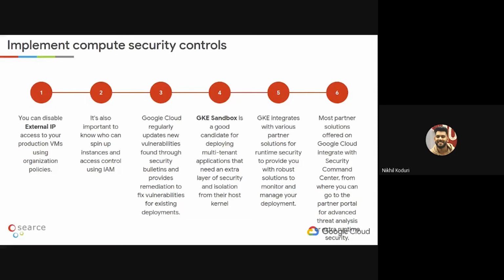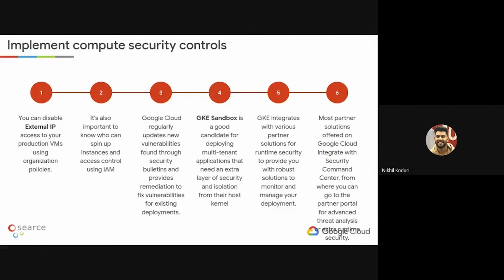It's also important to know who is spinning up your application instances, and you can control who can deploy resources and deploy services using IAM control. And Google Cloud keeps on releasing new Compute OS images that have the newest patches, the newest bug fixes and functionality fixes, that can be rolled out and need to be configured and updated again and again.